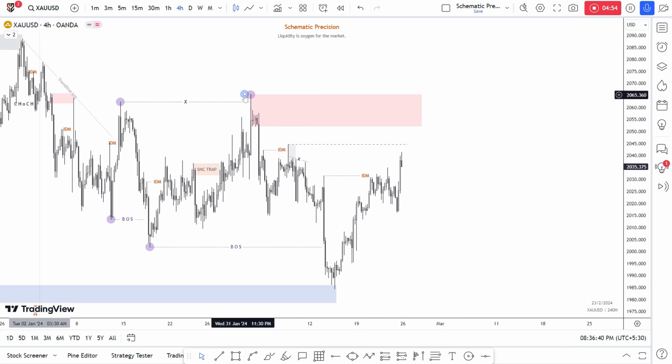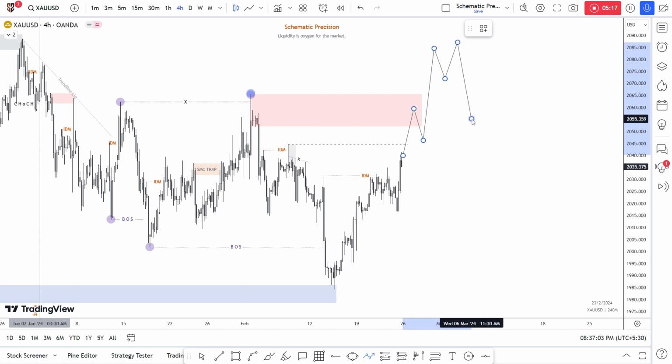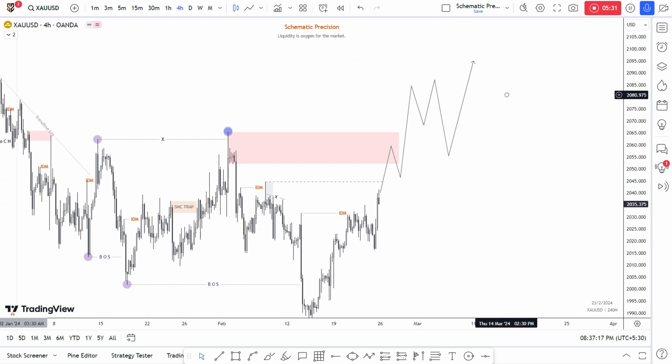But if, as I said on daily, this high 2065 is broken, then remember we have to buy. And the quickest way to get in the market in that situation is what market does. It will give the reaction eventually, but will break above. If it breaks above, then make sure when price again comes in this area, this will be the supply converted into the demand, and we can again buy. But make sure price takes the inducement before going higher, because liquidity is what makes the market run.